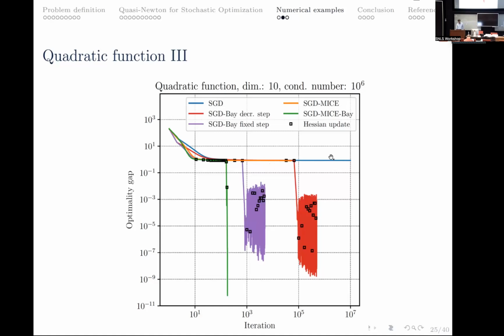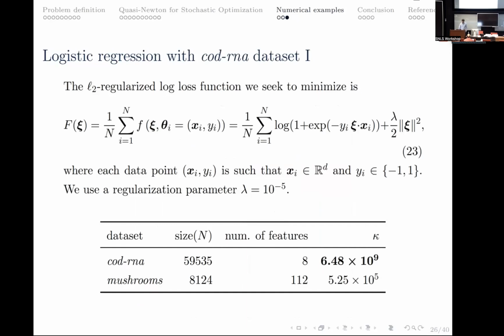So this is the kind of situation of large kappa where we hope that preconditioning by our matrix approximation of the Hessian should improve the convergence. And indeed, we see that it works. It took a few updates to actually learn some good representation that brings us some improvement, but it did happen. And same thing, the other methods are still weak when we don't control the relative statistical error. Okay, so now let's look at a